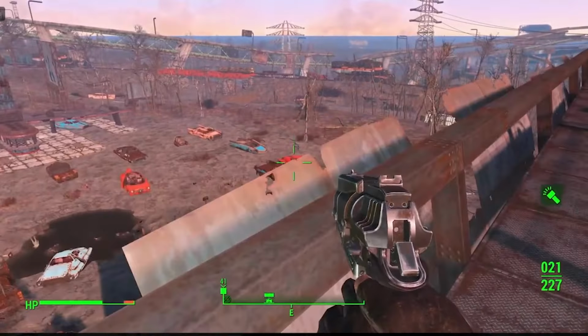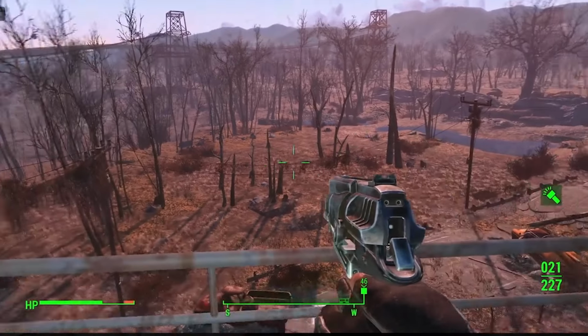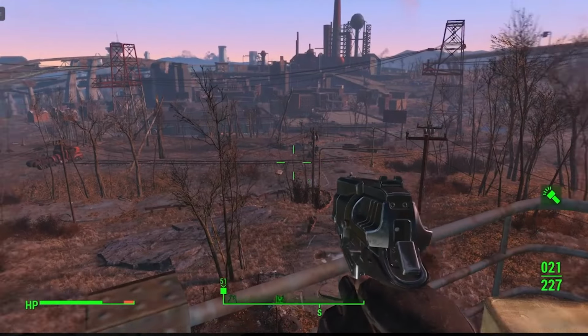Love me some duct tape. How did you guys resettle the wasteland? With duct tape. Just watching the world go by. Not a care in sight. It's actually a great vantage point. To be honest, like if you...